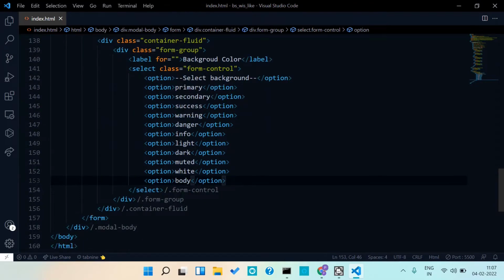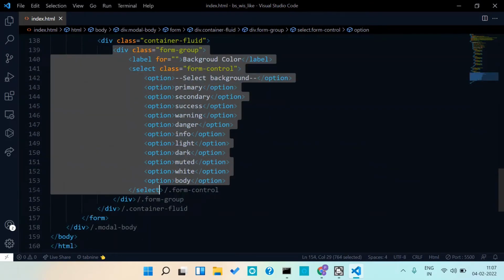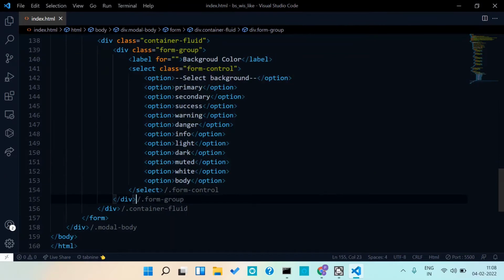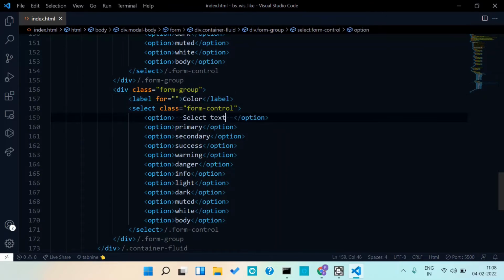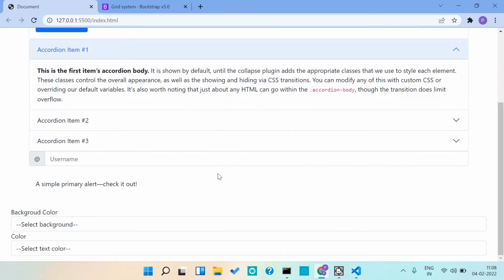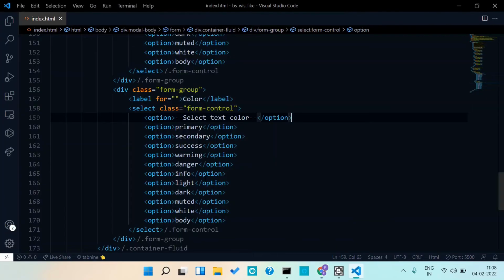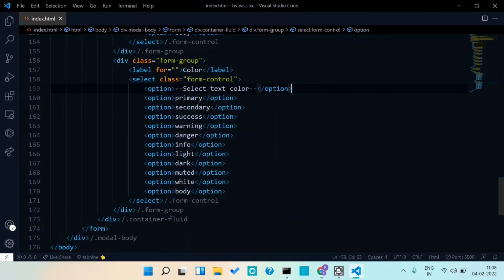And let me copy this form group. I'll reuse it for color, so let me change it to text color. Okay, that's it. Now let us open this and see. Okay, we have something like this,